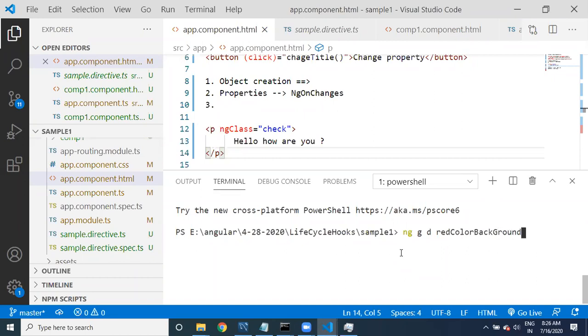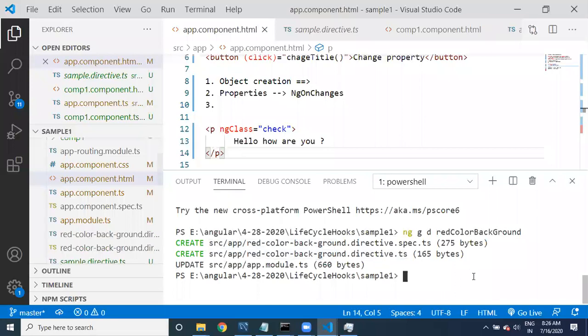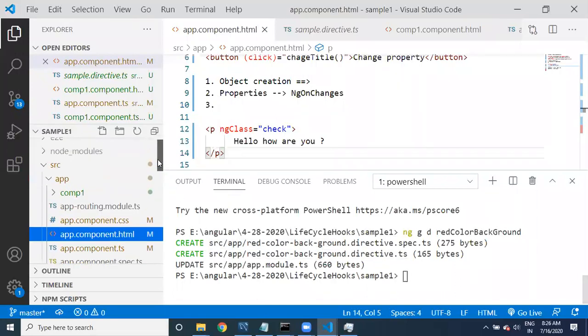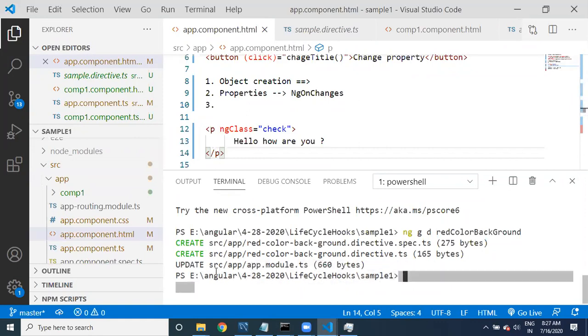I want to create a very simple directive, red color background. So we have created this one.